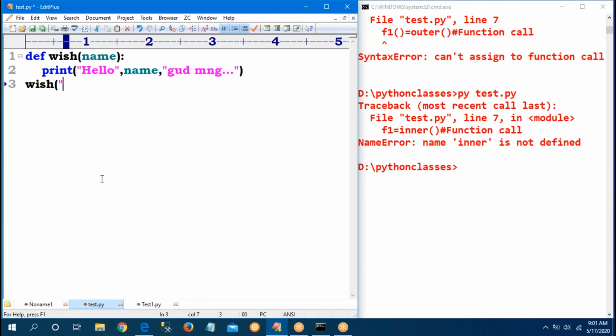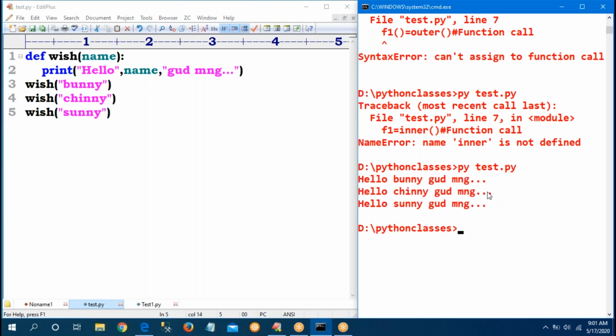So I want to give wish of Bunny, wish of Chinny, wish of Sunny. It's a normal program only. If I run this, I will get Hello Bunny, good morning. Hello Chinny, good morning. Hello Sunny, good morning. But my requirement is: don't change the function. The same function you can use.